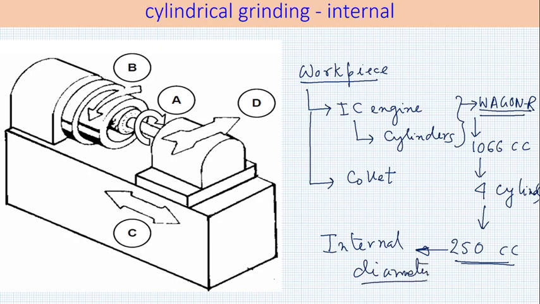I do not exactly know how much is the stroke length of a Maruti engine, but typically I guess the internal diameter would be 40 millimeter to 60 millimeter. This is my guess. I have not done any background research, so I might be wrong, but they are the numbers. So 40 to 60 millimeter for an IC engine cylinder. If you go for a truck engine, it would be larger.